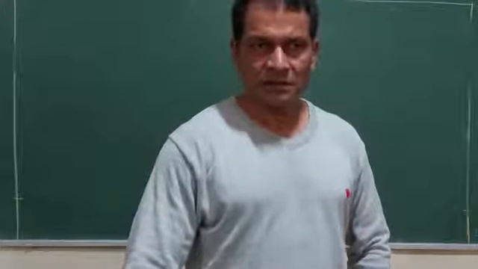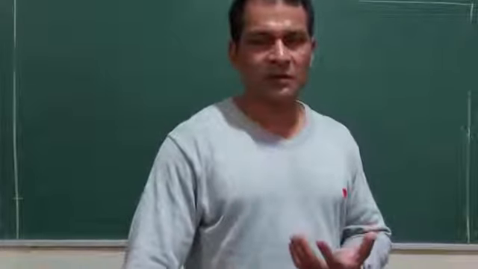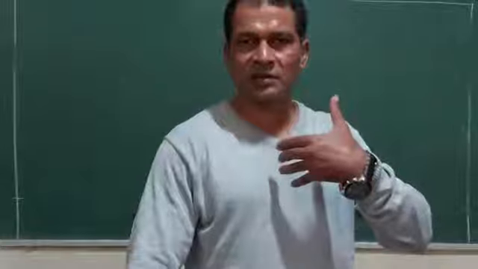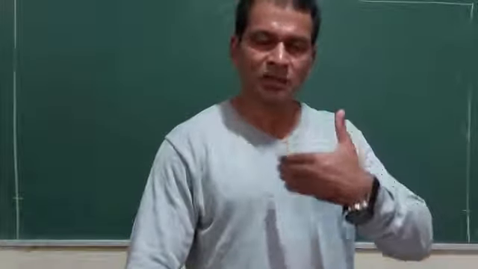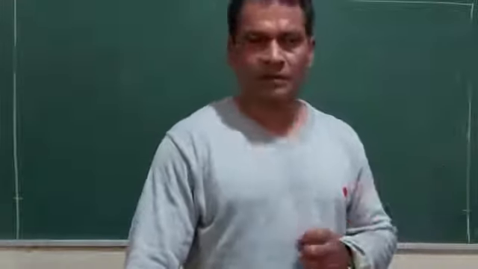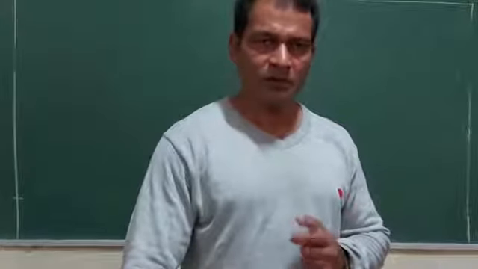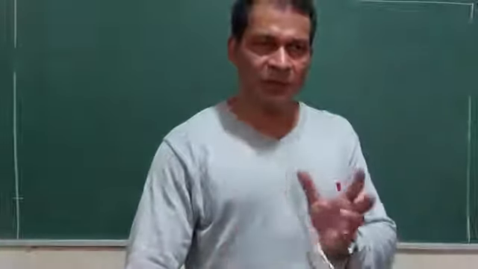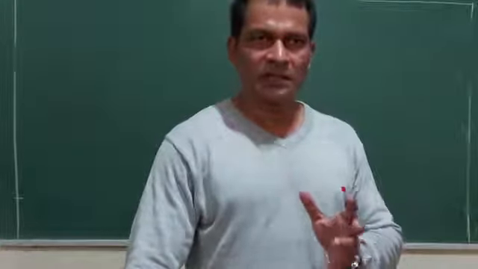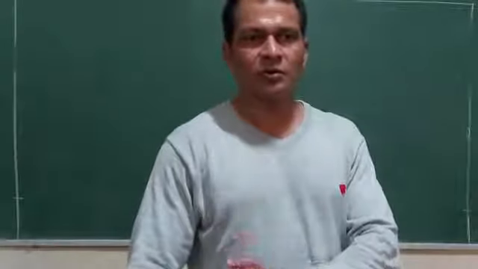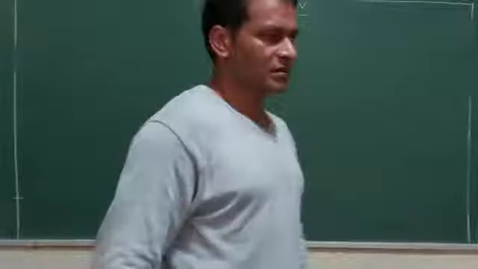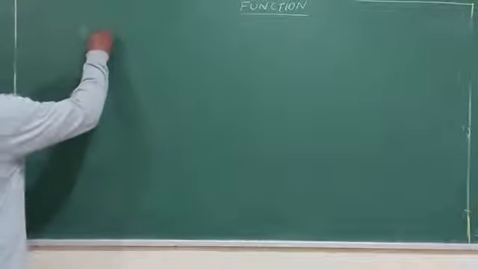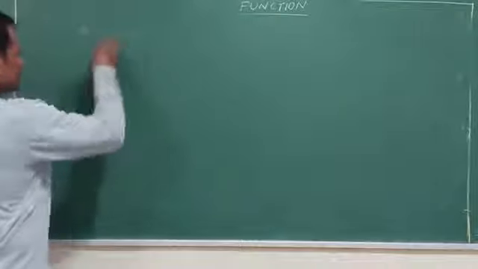Suppose I am teaching in this classroom, you are sitting in front of me, I am your teacher, and I am connected to you all, the students. So this is a relationship, a bridge between the student and the teacher. Similarly, when you are reading from the book, there is an element there and you are on the opposite side. So whenever I compare, there is an interface between two sets. What are the two sets? Whenever I am discussing a function, the function is written as f: A tends to B. What is that A tends to B?